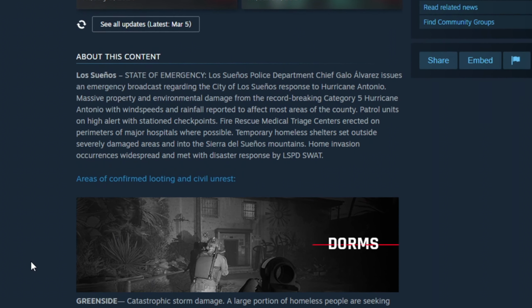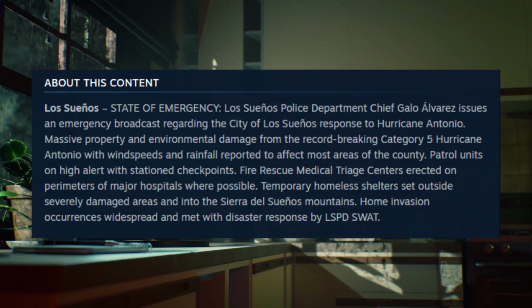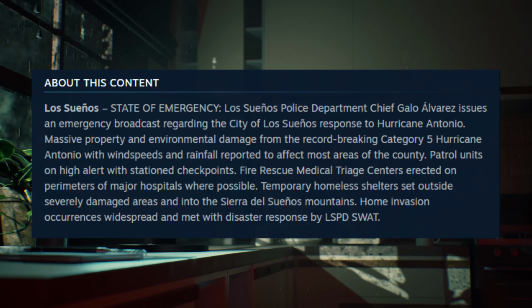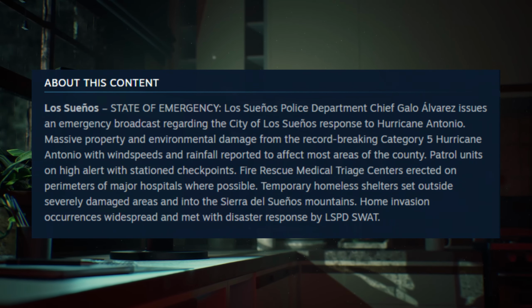Getting into it, the Home Invasion DLC is going to take place during or after a record-breaking Category 5 hurricane. This makes for an interesting setting into an already unsettling realistic experience with law enforcement SWAT. Expect to be getting into some intense encounters with looters and other violent criminals that are attempting to take advantage